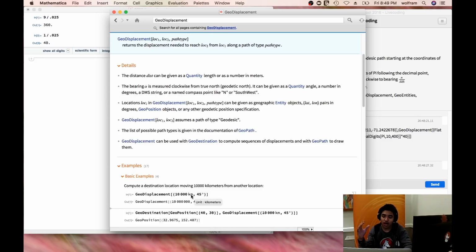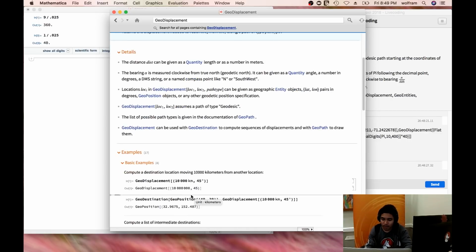It's just a representation of that displacement, of that movement in a certain direction of a certain distance. So you pair that with GeoDestination. GeoDestination takes a position and then applies a GeoDisplacement to it, and gives you the endpoint position from that. And you don't have to just give it one position,